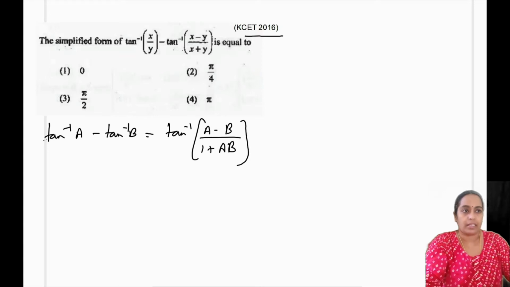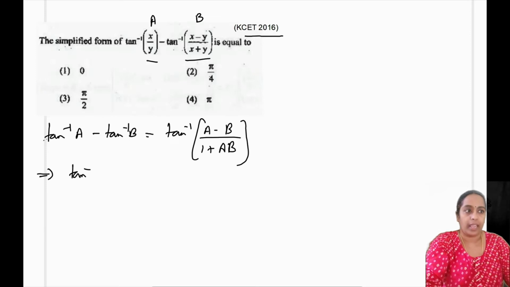So let's take this x by y as A and x minus y by x plus y as B. So this is going to become tan inverse of A minus B. So our A is x by y, B is x minus y by x plus y